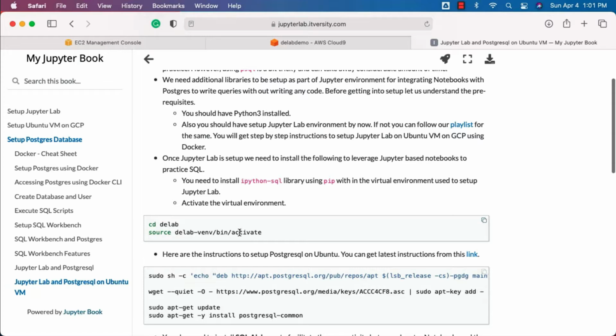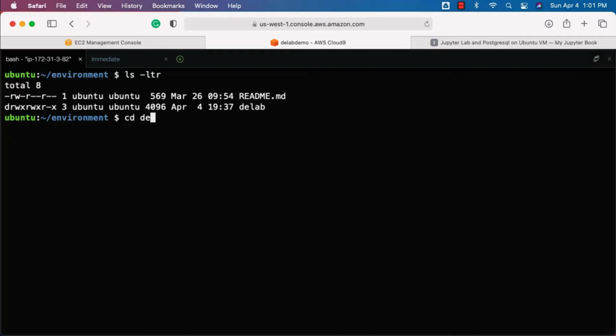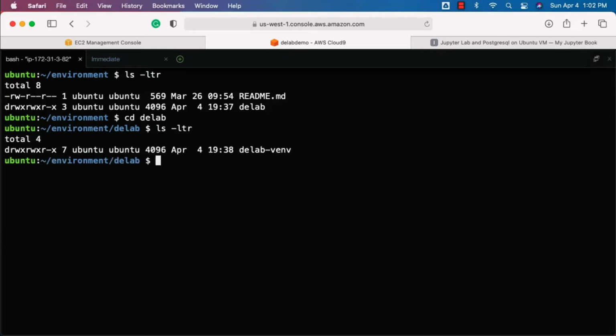For that, we have to activate the virtual environment. Let me go to the Cloud9 instance here. If you are using GCP, you should be connecting to your Ubuntu-based VM on GCP, and you can follow similar instructions. First, confirm the folder in which you have the virtual environment. In my case, it is DE Lab. Based upon your system, based upon the name you have given, you have to use the cd command to get into that folder. You should be seeing the virtual environment if you set up properly. My virtual environment name is nothing but dlab-venv. We have to activate this. Let's activate this virtual environment here. Now the virtual environment is activated.